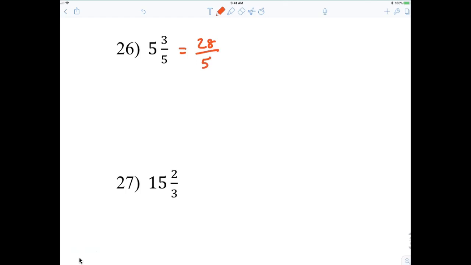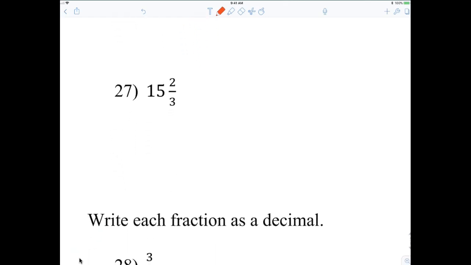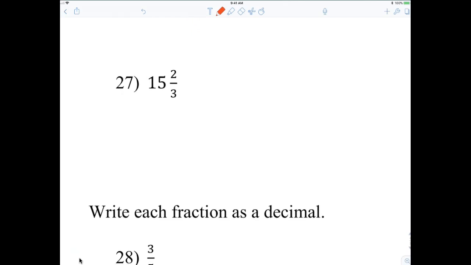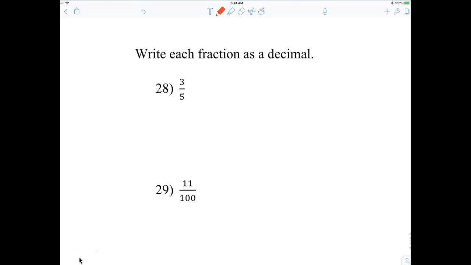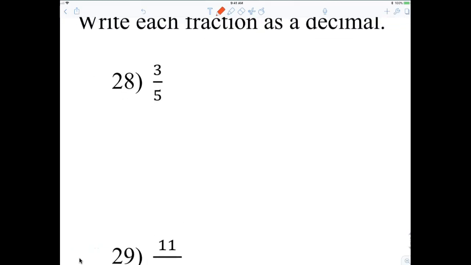Thomas? And then? 45 plus 2. 47. Very, very good. All right. Now for 28, you should remember